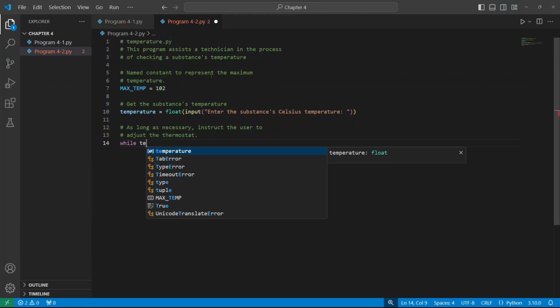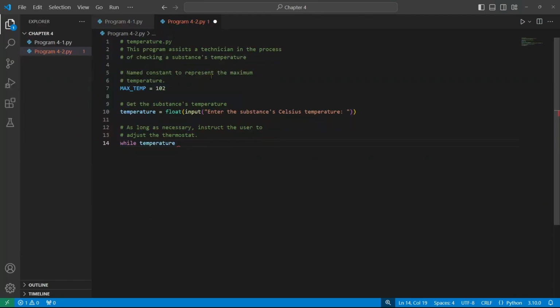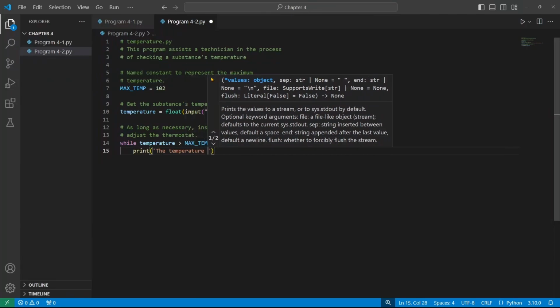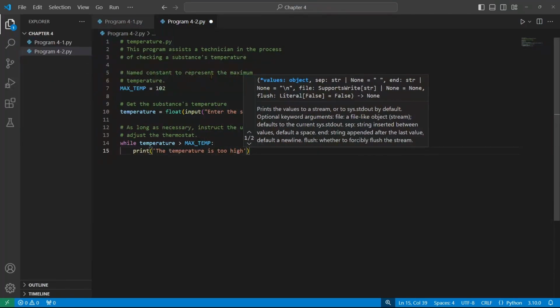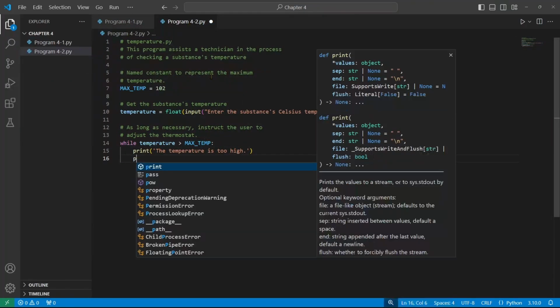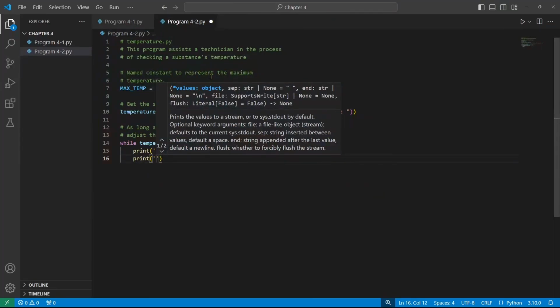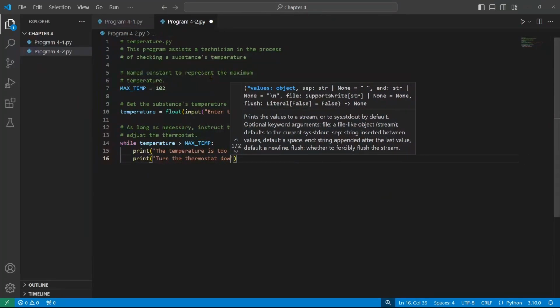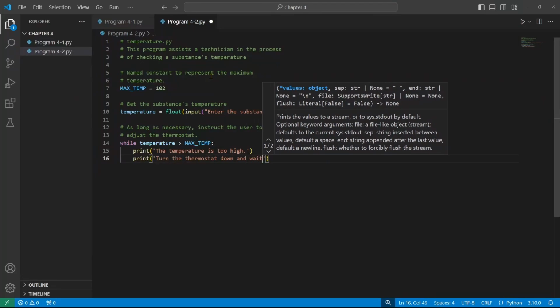While temperature is greater than MAX_TEMP, print 'The temperature is too high.' Print 'Turn the thermostat down and wait'